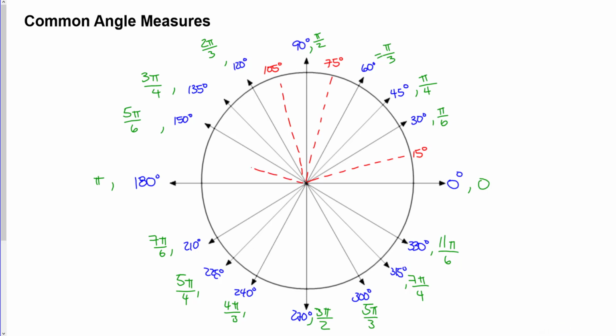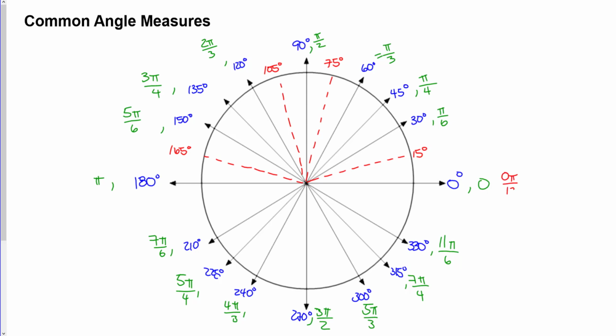And this last one right here would be 150 plus 15, so 165. I'm putting them in red because, again, they're not ones you need, but they can be helpful. And here's why. That gives you 12 even spacings of 15 degrees. So what you can do is just start writing